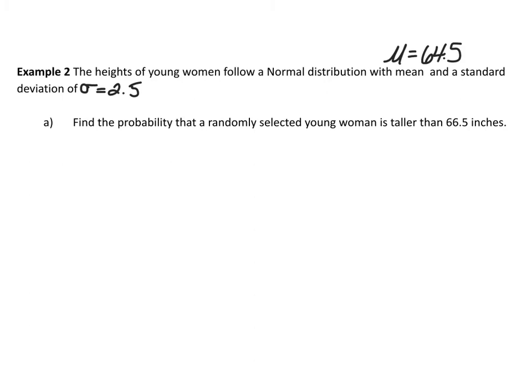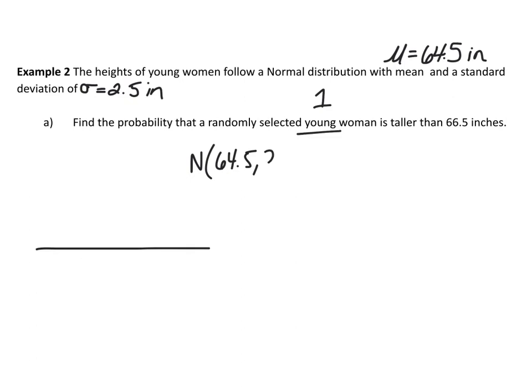The heights of young women follow a normal distribution with a mean of 64.5 inches and a standard deviation of 2.5 inches. So find the probability that a randomly selected young woman, so this is just one young woman, is taller than 66.5 inches. Okay, so to do this, let's go to our normal model. We're told it follows a normal distribution, and we are given our mean 64.5 and our standard deviation of